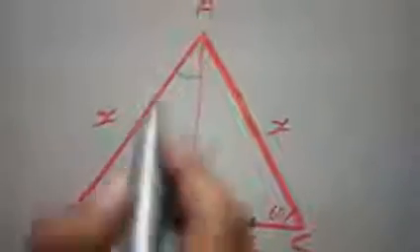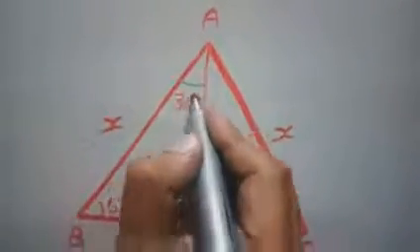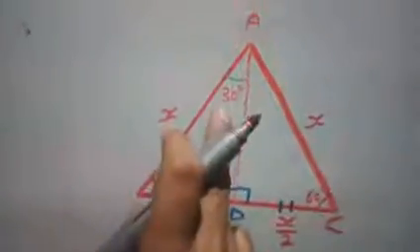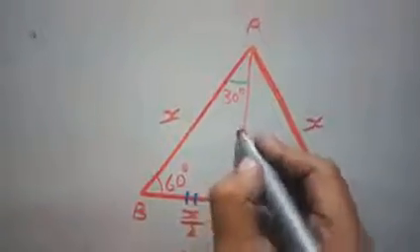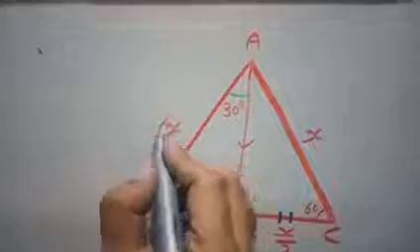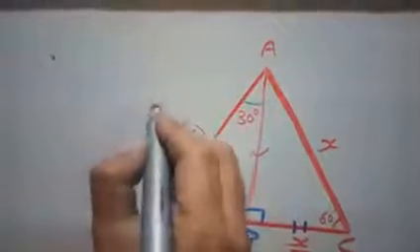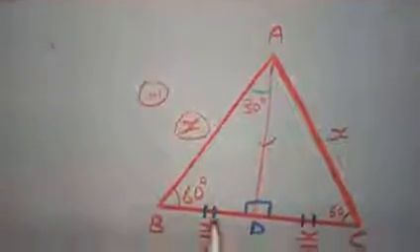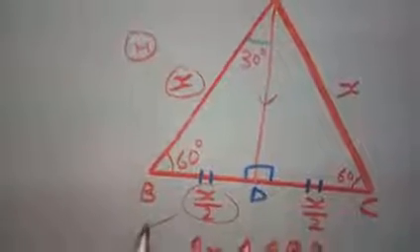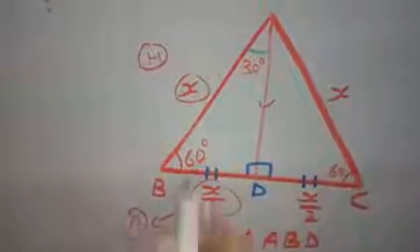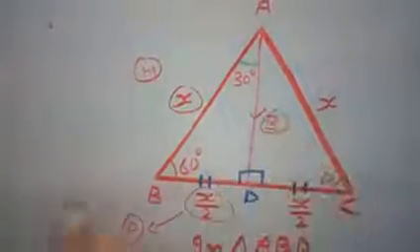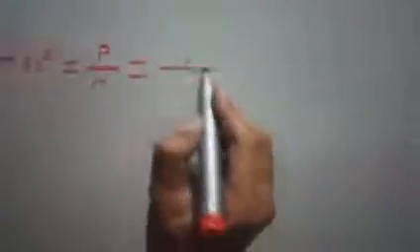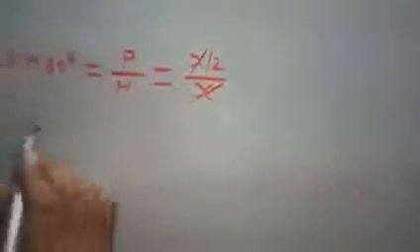This is 60, this is 90, then this becomes 30 degree. Now if you find 30 degree, so this side is base and this one is hypotenuse, but this side acts as a perpendicular. So this one is the perpendicular and this one is the base. Now see, so sin 30 equals to perpendicular upon hypotenuse. Now the perpendicular value is x by 2 and hypotenuse is x, so x cancel. So sin 30 equals to